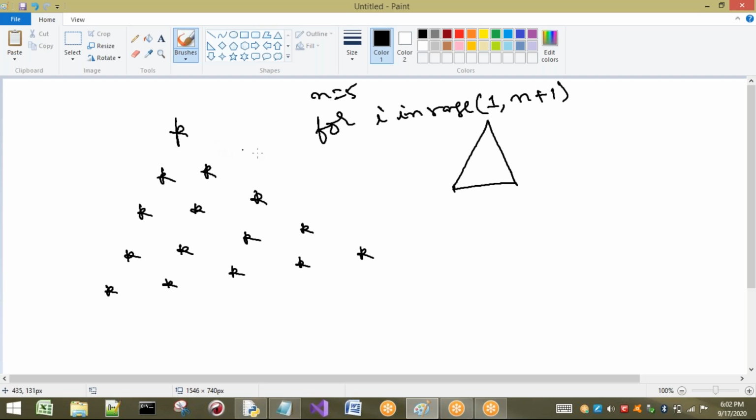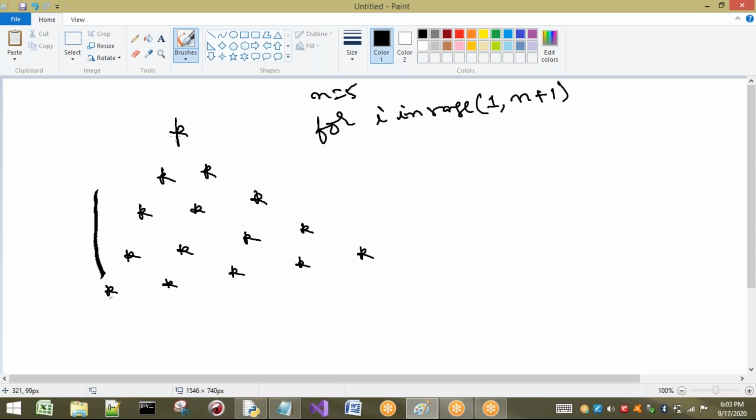Now I want to print columns. So I want to consider the columns. In each and every column, what are we going to have? In the first column, we are going to have 4 spaces. See, this is the thing you have to observe here. This is the first column. Here we are having space, and next one, and so on we are going to have.